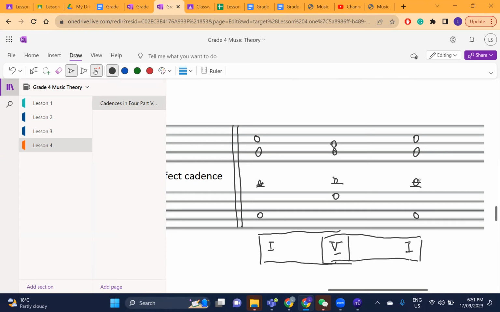Perfect cadence, 5 to 1. We can actually sit through that. This is the imperfect, this is the perfect. If I string them together, you get